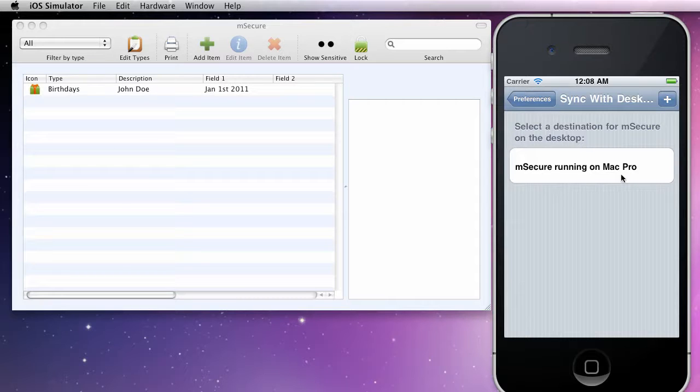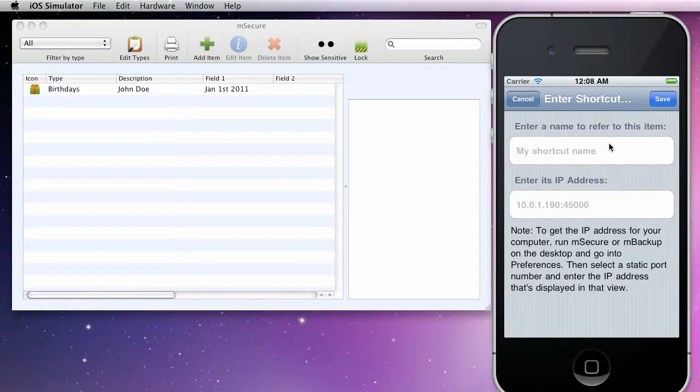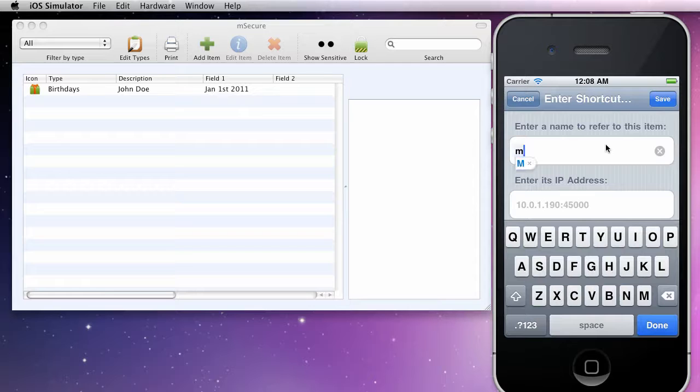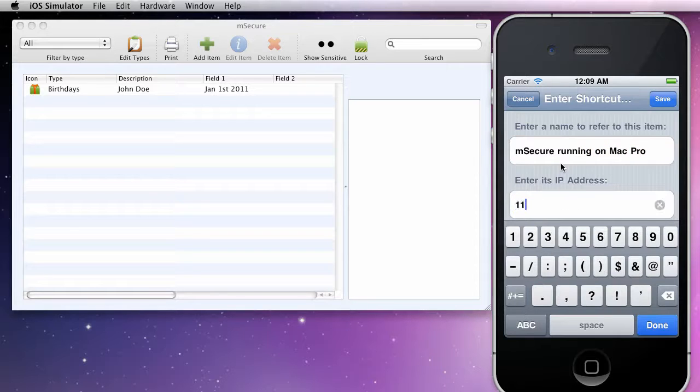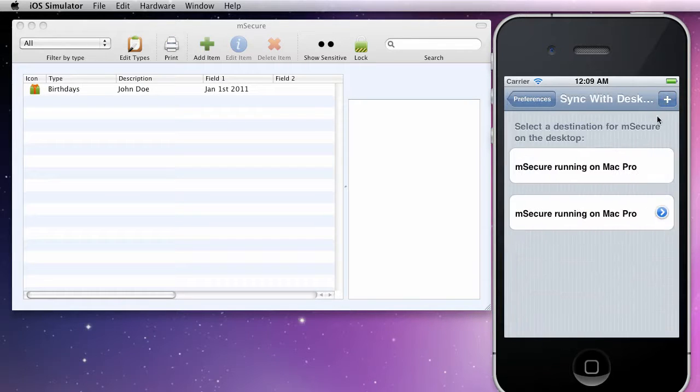Now I want to take a moment here to highlight what it would look like if there was a manually created entry in here instead of this automatically generated one. So to do this, I'm going to create a manual entry. You don't need to do this. This is just for an example. So I'm going to call this mSecure running on Mac Pro, give it a dummy IP address, and hit save. Now I named these the same on purpose, just so we can see even if they are